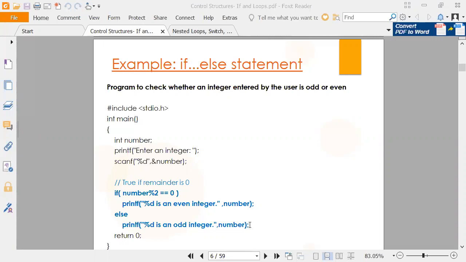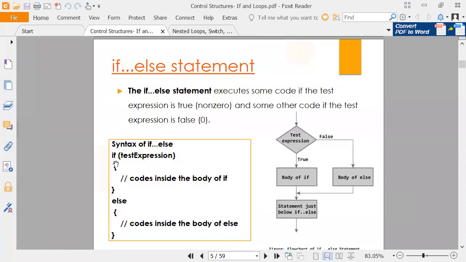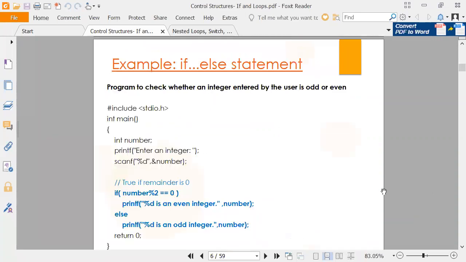Fine. Now you can ask me a question: in the last example we had given these brackets below if and else also, but in this example we have not given any brackets. So the answer is that you can put brackets also, but if there is a single statement after if,